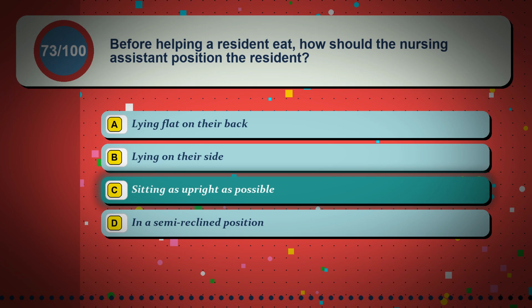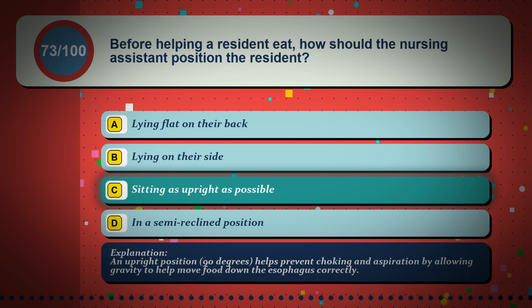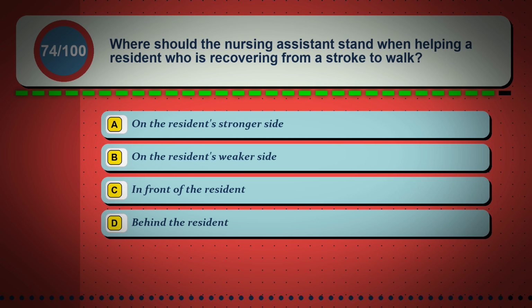The correct answer is option C, sitting as upright as possible. An upright position, 90 degrees, helps prevent choking and aspiration by allowing gravity to help move food down the esophagus correctly. Question 74. Where should the nursing assistant stand when helping a resident who is recovering from a stroke to